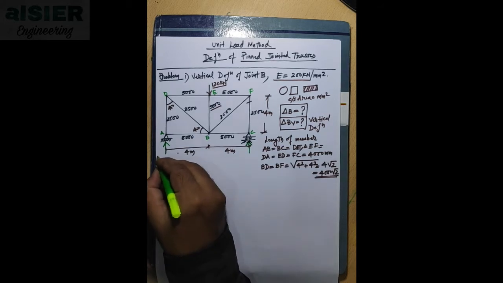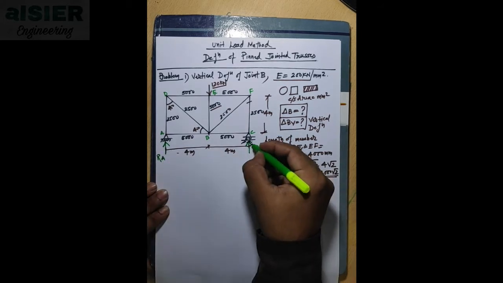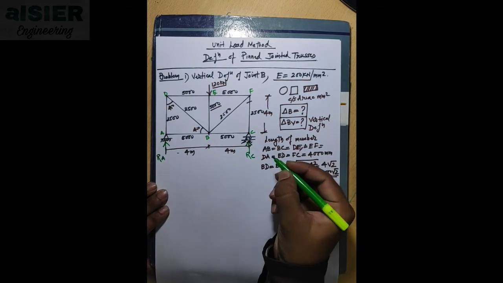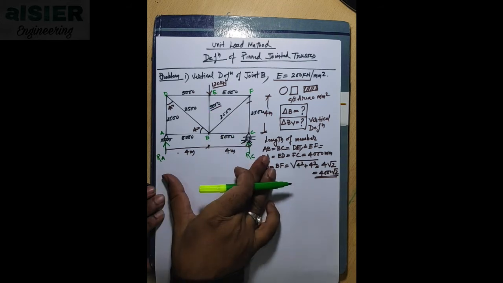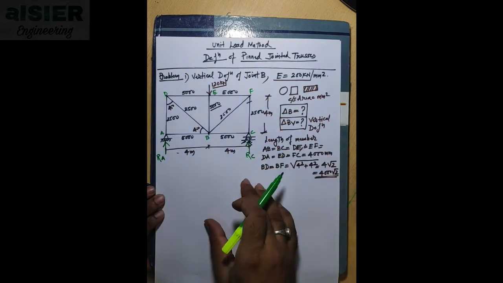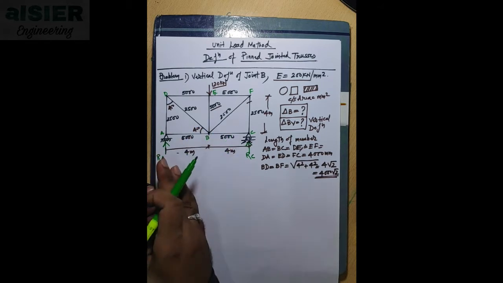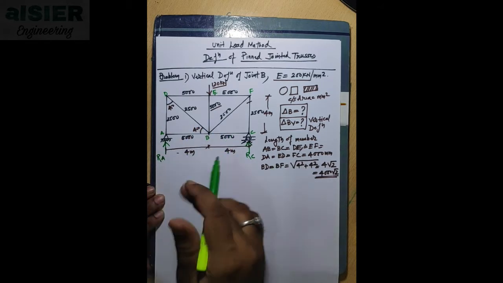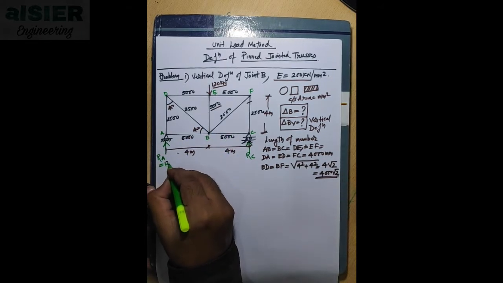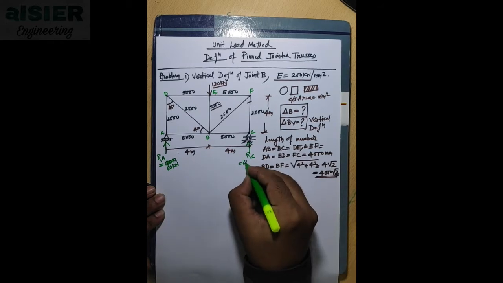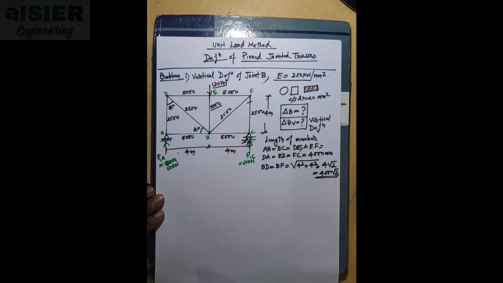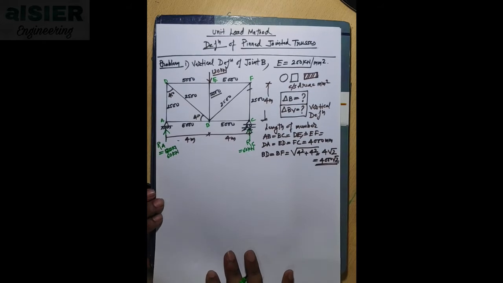So let us calculate the reaction now. Let us say the reaction at A is Ra, and the reaction at C is Rc. Now if we think logically, you will come to know that this 120 is exactly at the center and everything is symmetrical. So it will get evenly distributed at A and C. From logic, Ra is 60 kilonewton and Rc is 60 kilonewton, right? But still we will calculate this reaction using our fundamentals.